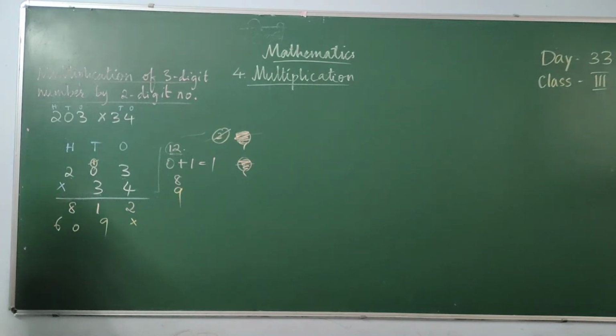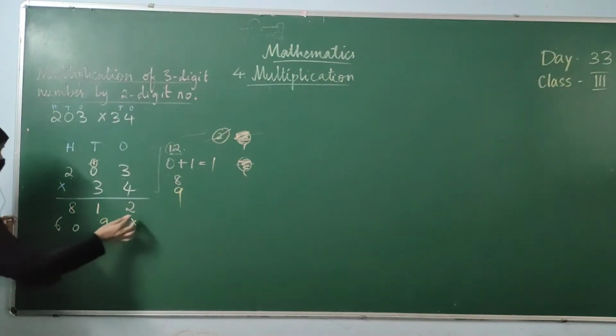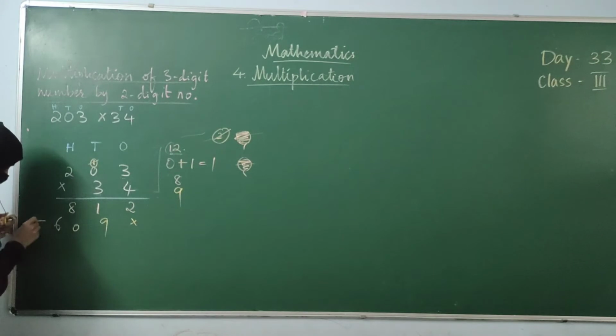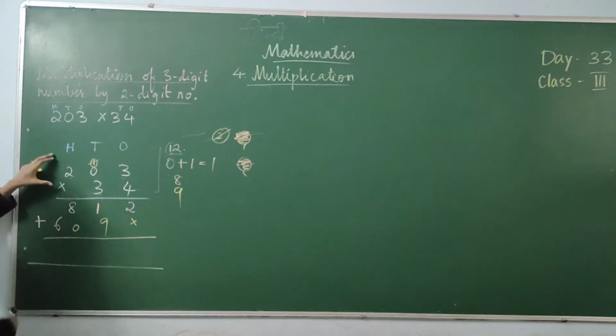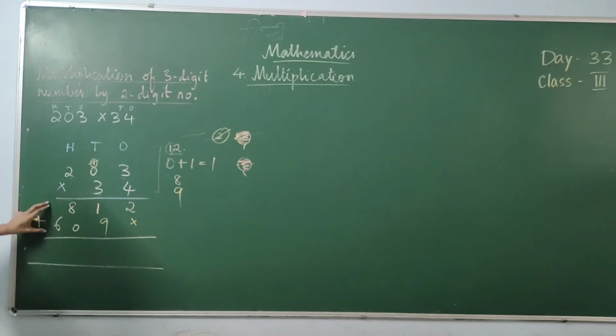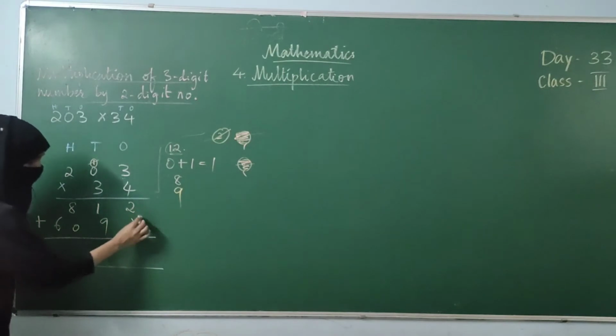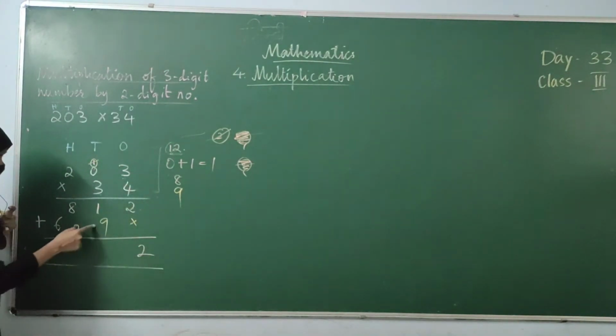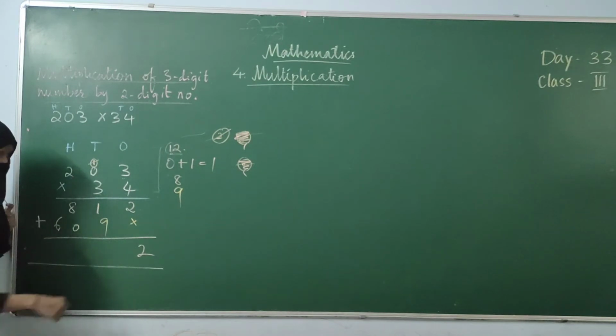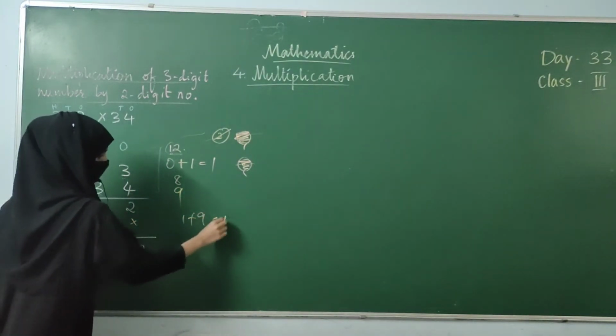Now to find the final answer, to find the final product, we have to add these two things. You'll put a plus sign here. Now what happened? This was the multiplication section. This is the addition section. Addition section you will do as usual, how you used to do addition. 2 plus 0 is nothing but 2. Now 9 plus 1 or 1 plus 9, what will be? 1 plus 9 will be 10.